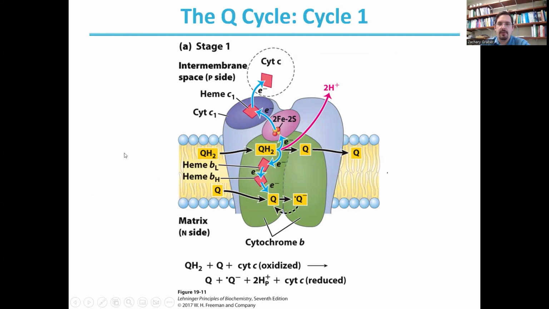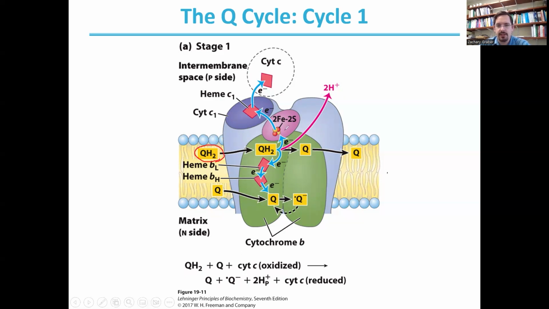Okay, so to understand this Q cycle better, we're going to walk through each stage of our Q cycle. So here's stage 1. So in our complex 3, we've got this main chamber here marked in green, where we're going to be accepting electrons and transferring electrons between our ubiquinone, our coenzyme Q. Then we're going to send those electrons out to cytochrome C to ultimately transfer those to complex 4. So initially, we're going to bring in our reduced ubiquinol, QH2,